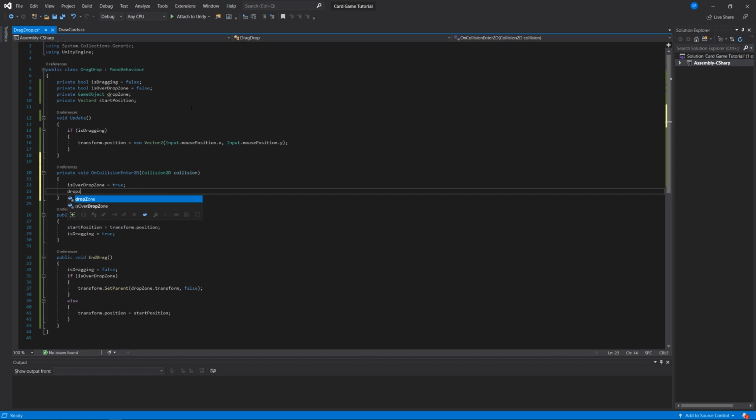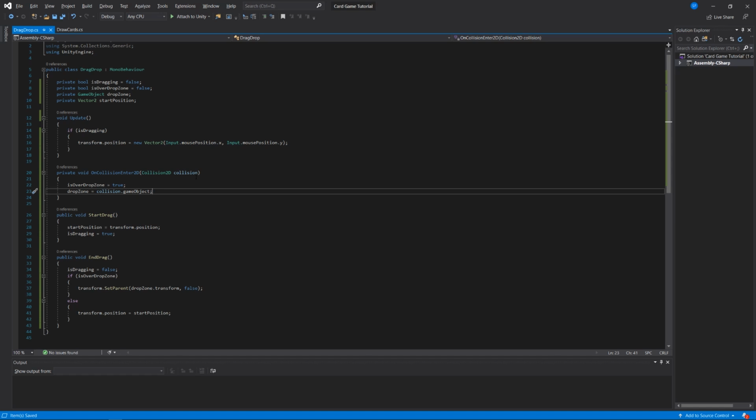And the dropZone, this game object that we just declared up here, is equal to the collision game object. So when there's a collision between this card and the drop zone, we're going to set isOverDropZone to true, and we're going to make this dropZone variable equal to whatever game object is involved on the other side of this collision,